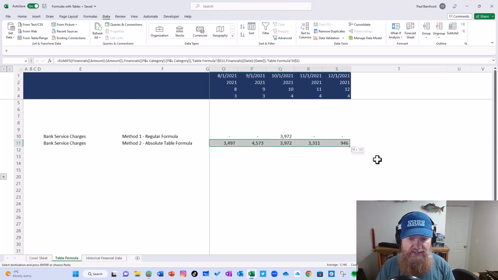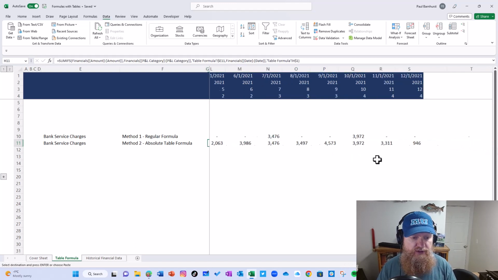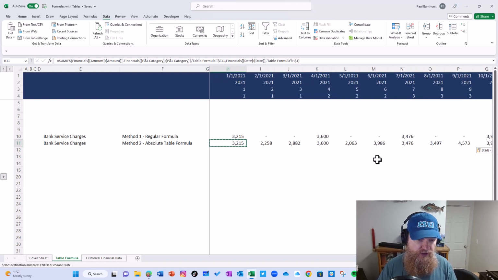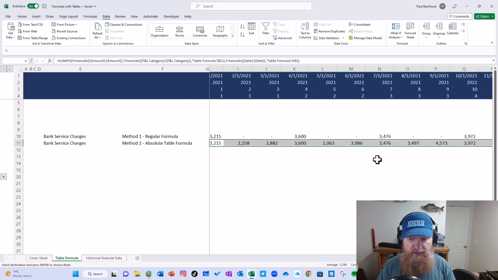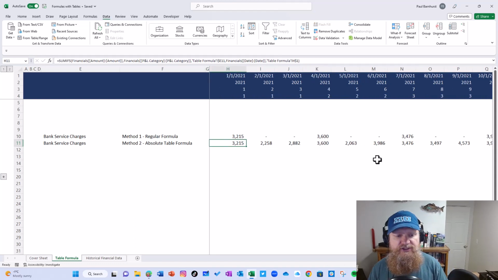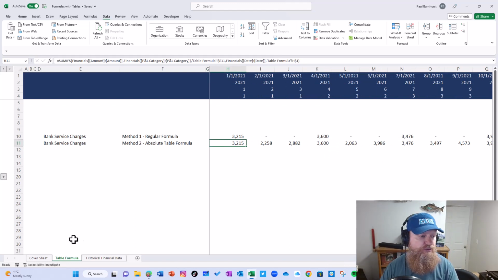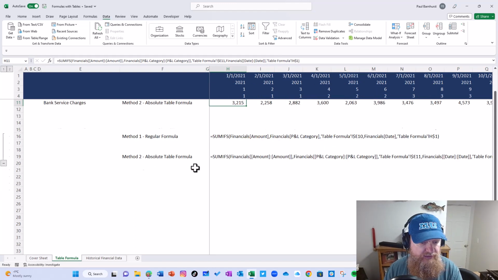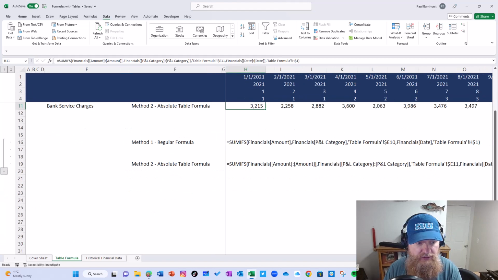Next, let's try it with paste. Worked. So now let's try it Control R and see if we get the same answers. Control R. Worked in every single situation. So how that formula is written, and then we'll write it, is I want you to be able to see